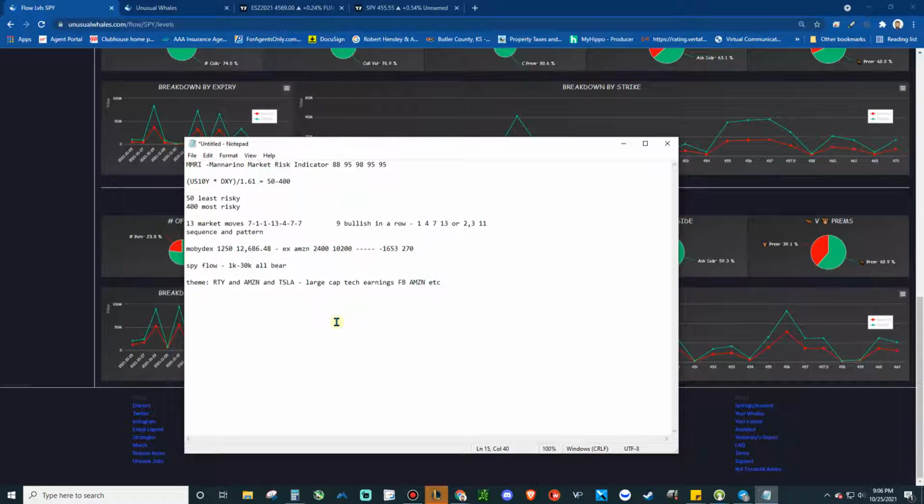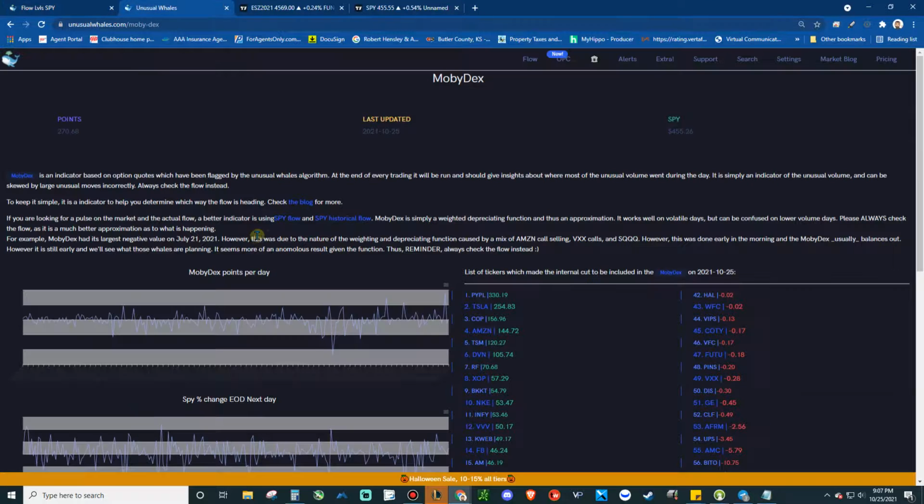So now you can track a sequence, and you've whittled it down to 13 types of moves. So you can only expect a certain type of move based on the sequence and based on the gap ups and gap downs, and you just wait for the pattern to develop, and then you play the pattern, especially if you're really familiar with it. So you've got the timing model for the day trade. You've got the overall general market, and then you've got options. You've got an options index,